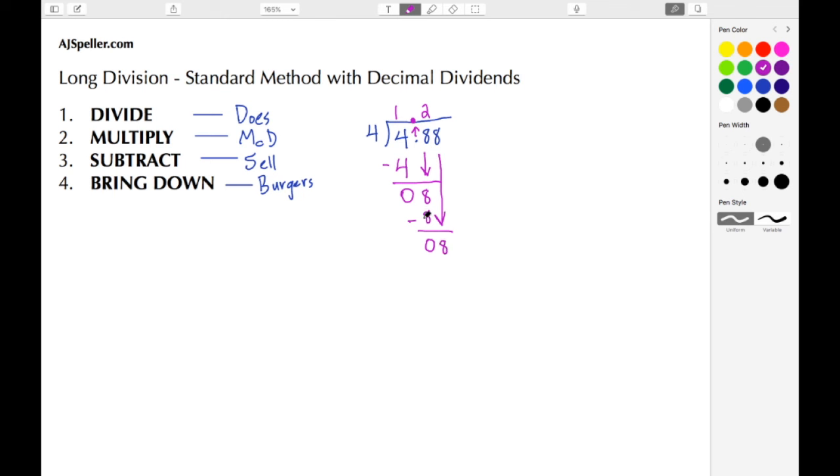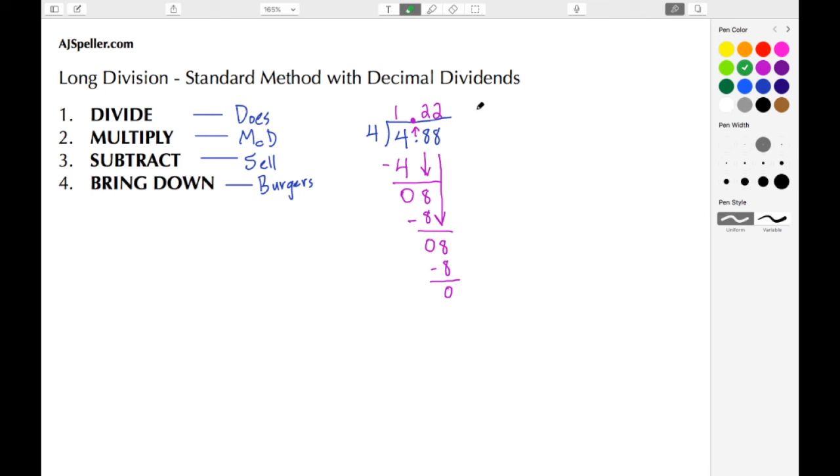At this point, we repeat. We want to know how many times does 4 go into 8, or another way of saying that, 8 divided by 4, that gives us a 2. Then we multiply 2 times 4 to give us 8. Then we subtract 8 minus 8 to give us 0, and there's nothing to bring down. So here we see our quotient is 1 and 22 hundredths,